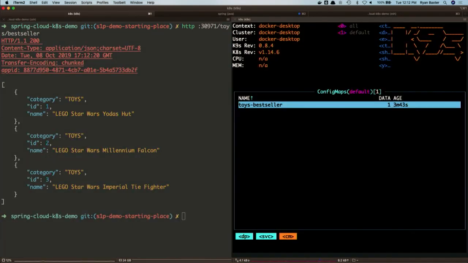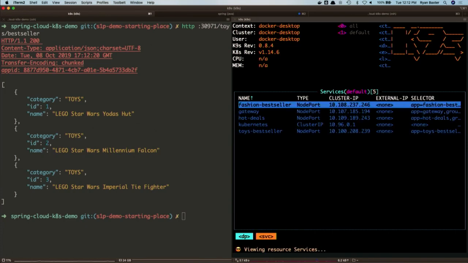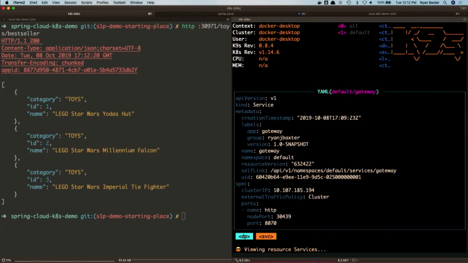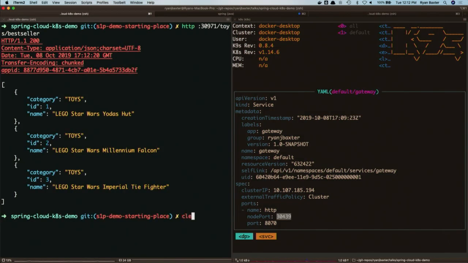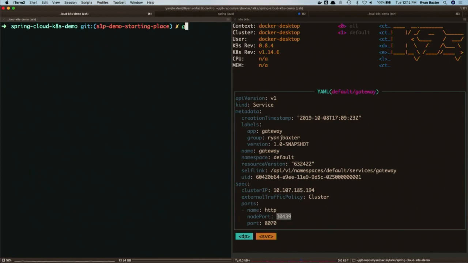So let's just check out the gateway. Here's our node port for the gateway. We'll just do the start page for now. Okay, so we can see everything.